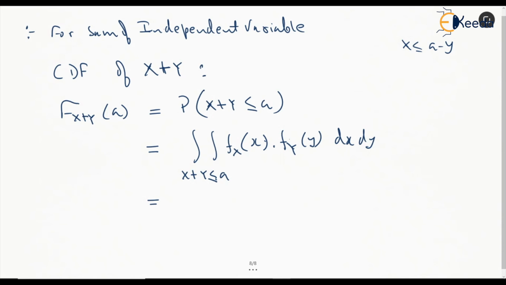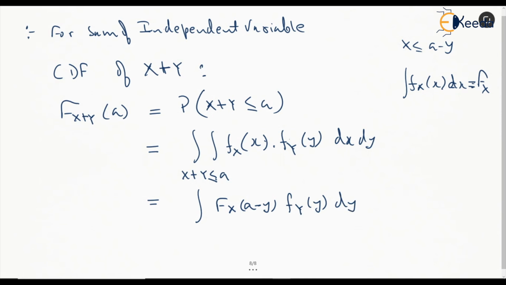So say we are integrating f_X: integration of the density function will give the distribution function, right? In a similar fashion we can integrate one of the terms with the upper limit being a minus y, as we have seen, and the other term stays as it is, so dy from minus infinity to infinity. Obviously we have to take care of the region here. So in that case this can now be written as